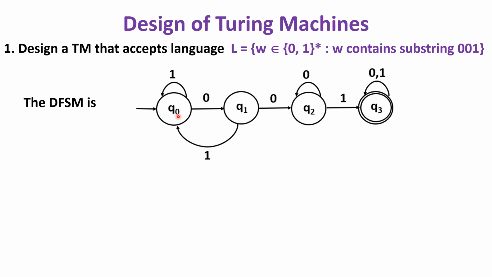starting with state Q0, 0, 0, 1 reaches the final state. Before and after you may have any string. So how to design this DFSM in detail? You can go through the video lecture of designing deterministic finite state machine. Right now, once we have a DFSM with us, then its equivalent Turing machine will be